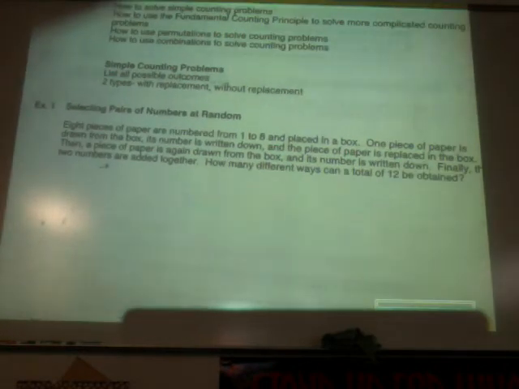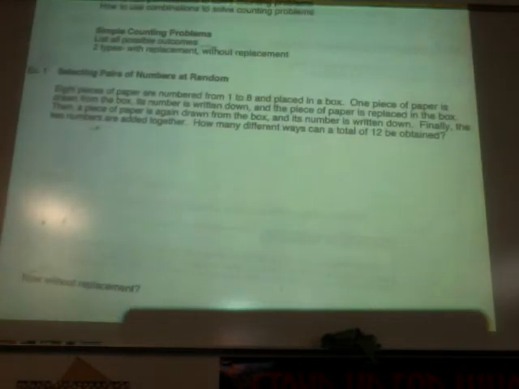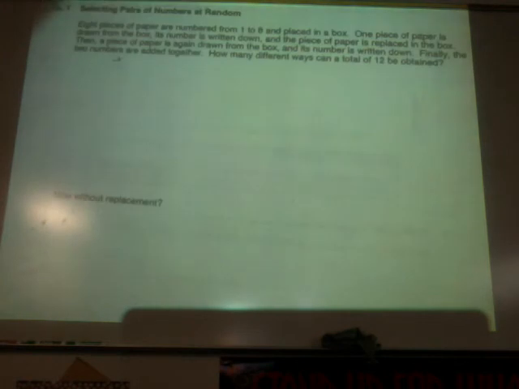And some of these you really have to read what they've given you to see what your possible sample space is. Remember that normal probability is favorable over total possible outcomes, right? And a lot of this does delve on the counting principle. It's not all just multiplying everything together. It depends. So for the first one, it says 8 pieces of paper are numbered from 1 to 8 and